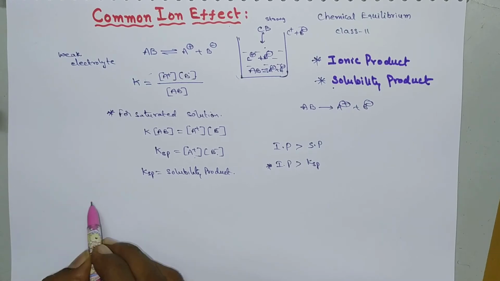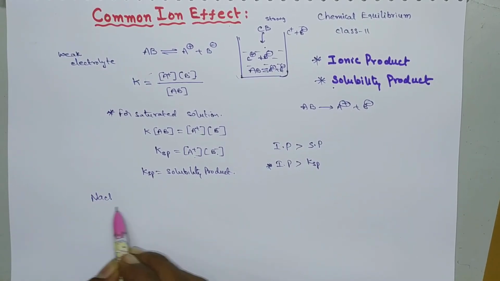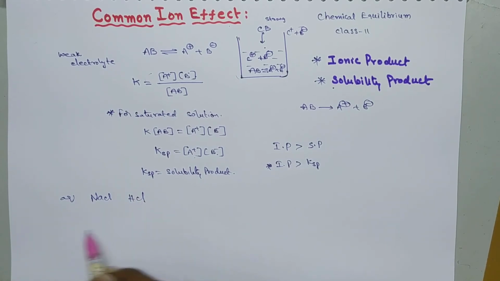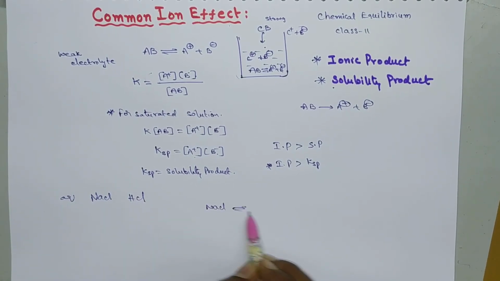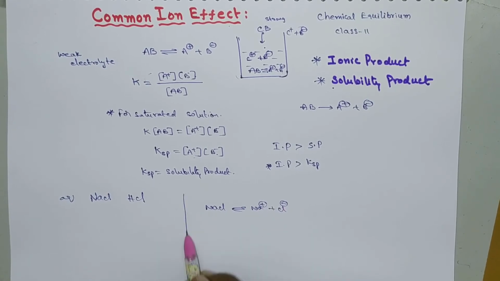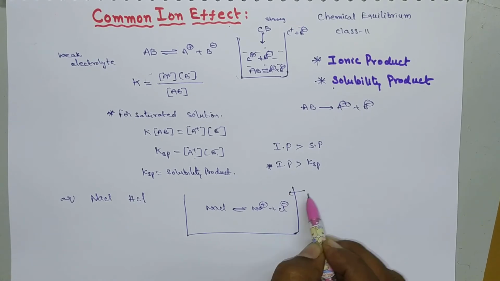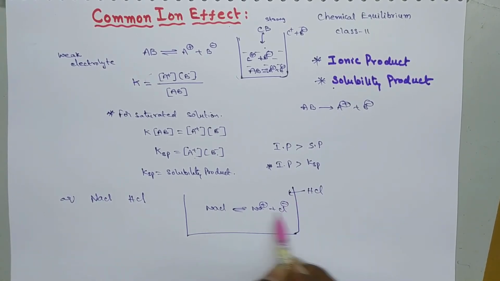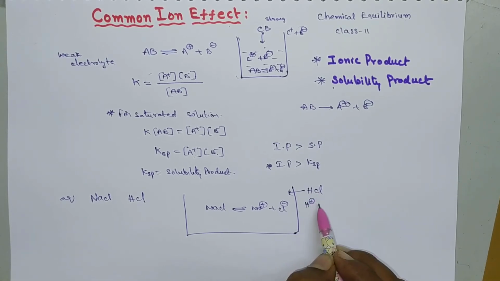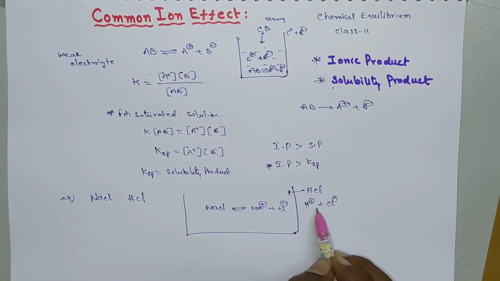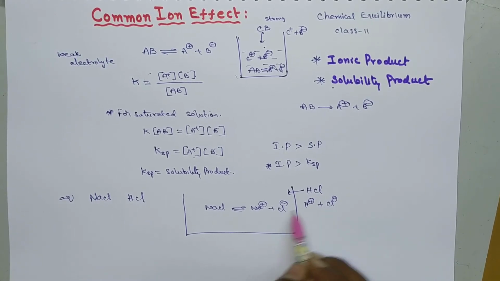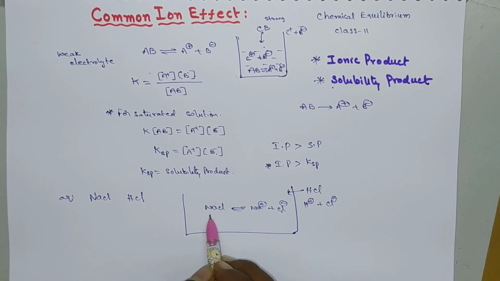Generally sodium chloride is obtained from seawater. The aqueous solution of sodium chloride is bubbled with HCl gas. The sodium chloride dissociates to form Na plus and Cl minus. That means HCl gas is passed into this aqueous solution. Now HCl, which is a strong electrolyte, produces H plus and Cl minus. This will completely dissociate into ions. So due to the presence of the common ion, the equilibrium will shift towards the left hand side.